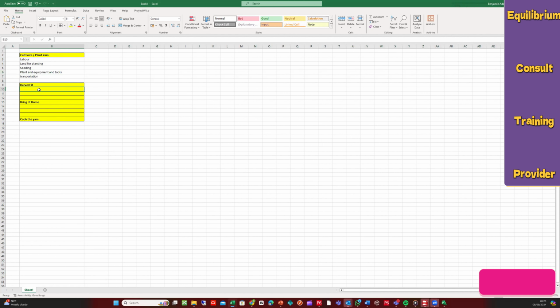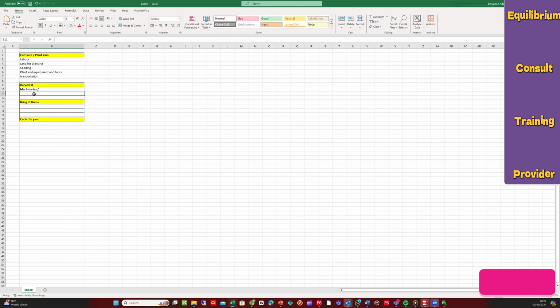Then please feel free to mention whatever you think needs to fall in between any of those parameters. Under harvest, we need machineries. Okay, machineries for harvest. All right. Storage. Good.